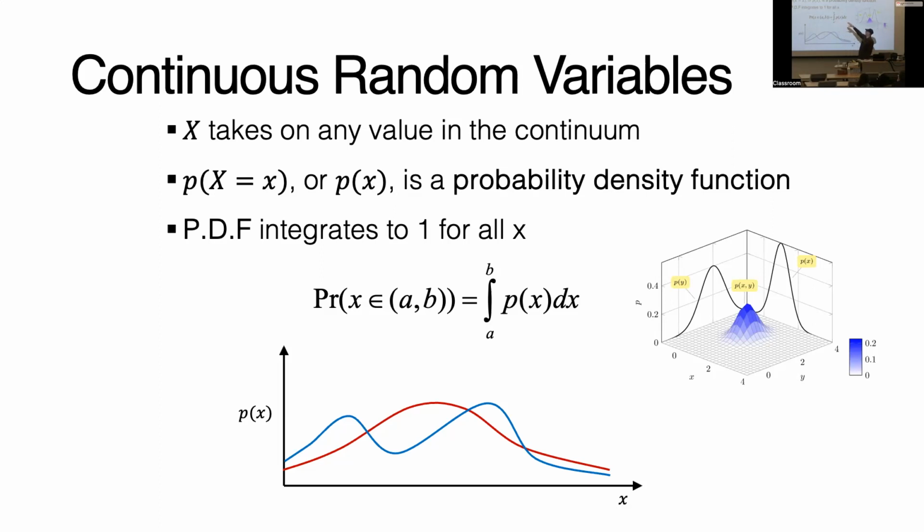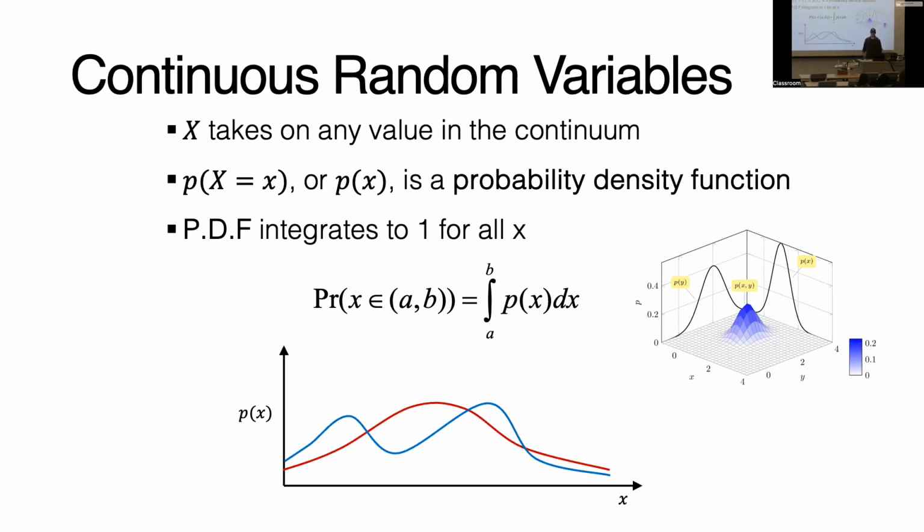So the probability of X being little x is our function, and that is our probability density function. And because it's a probability, it integrates over all x to 1. So we care that it integrates to 1